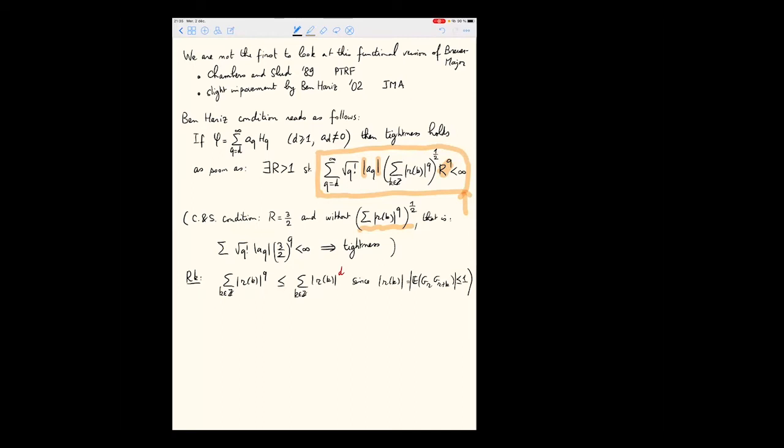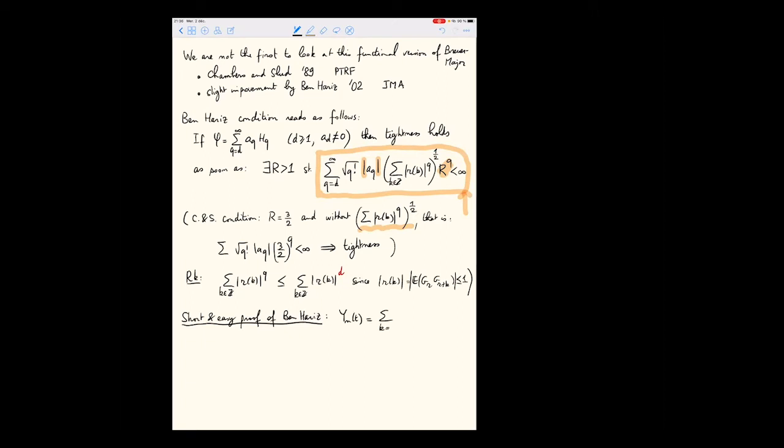Okay, so the proof by Chambers and Slud and then the improvement by Ben-Harris was quite tricky and quite difficult. So it was a nice proof, but then we realized with David that there is a very short proof. So maybe I can give you the proof, and you will understand where this comes from. Of course, this is not the original proof, but we are going to explain exactly how this condition comes from. So remember that my Y_n of t